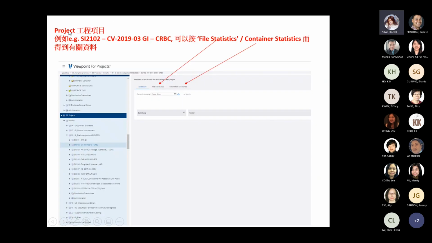咁如果喺 project 裏邊，how about in project? In project, it simply click project. For example, now I want to click the SI 2102, the CLBC。我哋喺 project 嗰度 click SI 2102 呢個項目，and then you will see file statistics and container statistics。我哋會見到兩個，file statistics 同埋 container statistics。